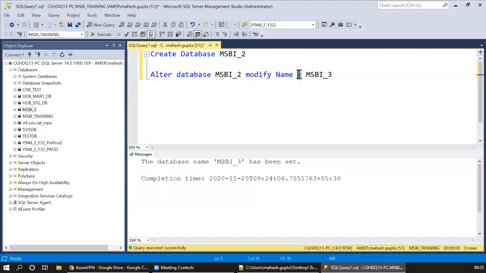And anywhere you use this equal to, in technical terms we call it the assignment operator. So we are assigning this text to this name, and that makes the database name change. Okay, and this is the syntax. You don't need to remember this all the time, because with practice or experience, you will eventually know everything.